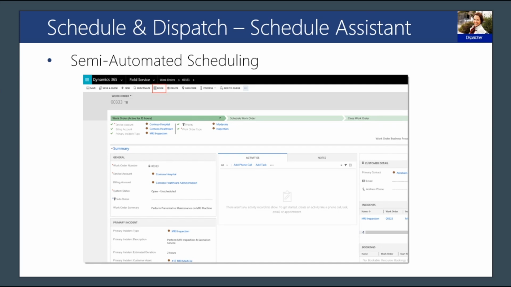The semi-automated scheduling method uses a feature called the scheduling assistant. It's used to schedule one work order at a time, and it assists the dispatcher in making the best decision when choosing the date, time, and resource to perform the work. The scheduling assistant can be accessed directly from the work order form using the book button